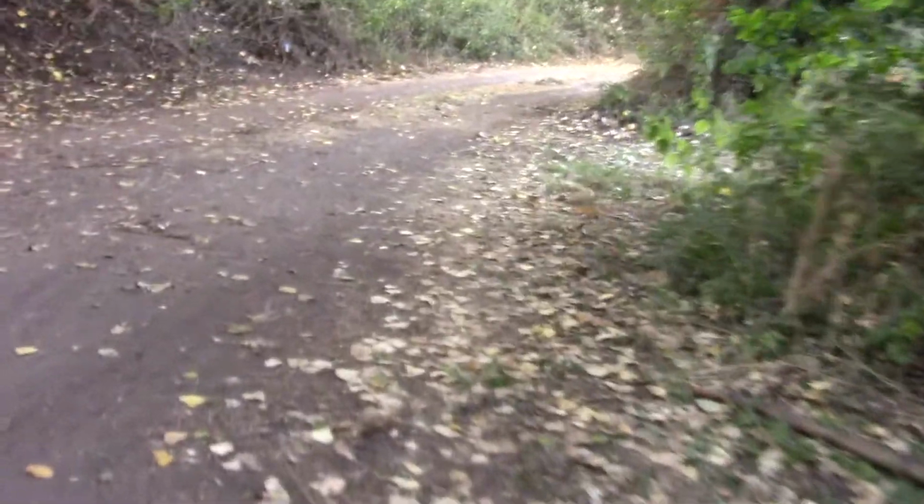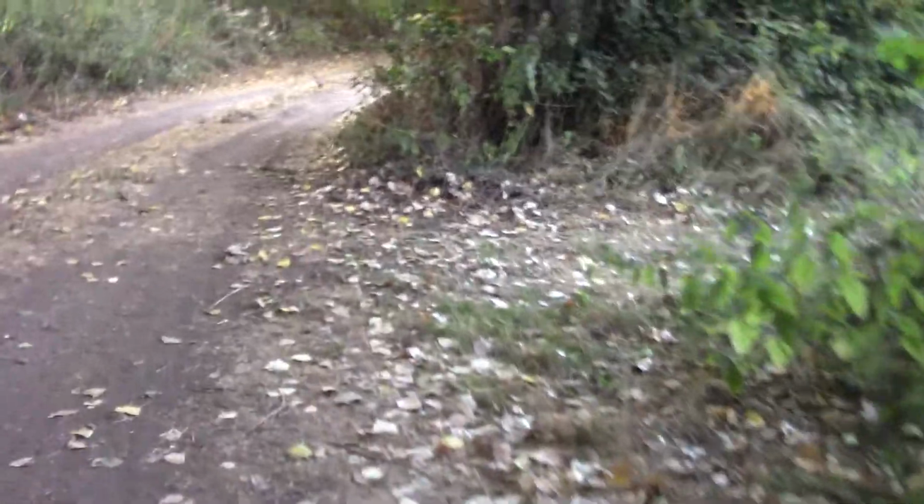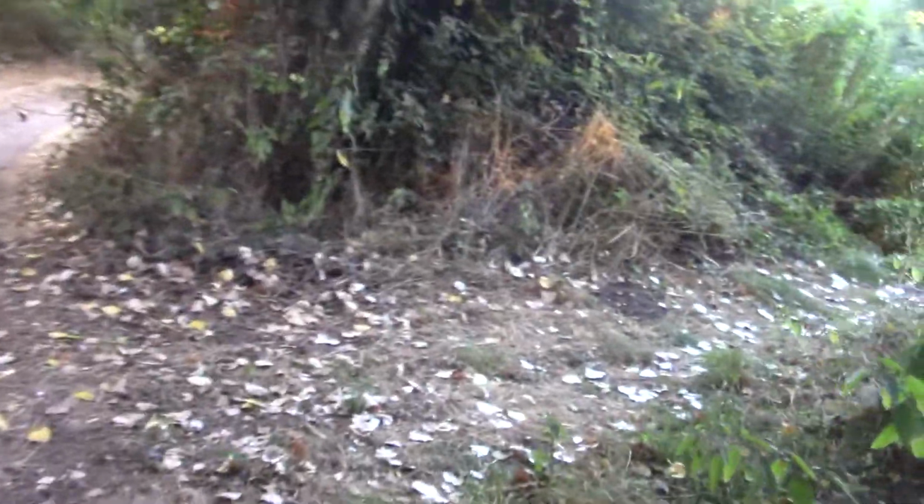It's not just a natural runoff from the field or whatever. This is a spring fed canal. It's entirely man-made, but